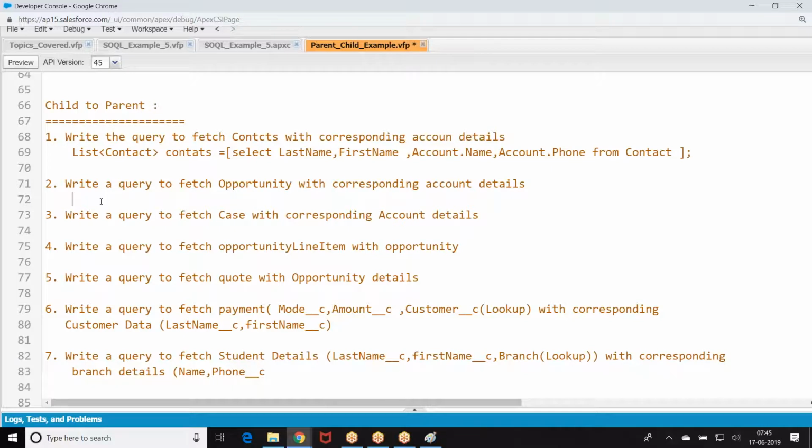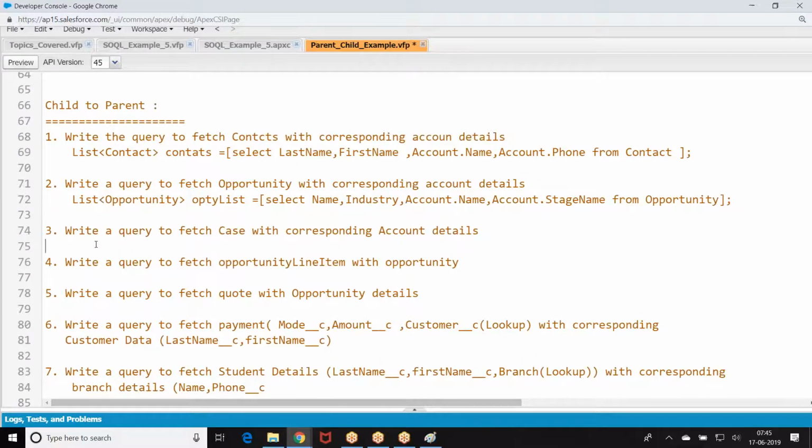Write a query to fetch opportunities with the corresponding account data. Name, industry. Write a query to fetch case with the corresponding account details.